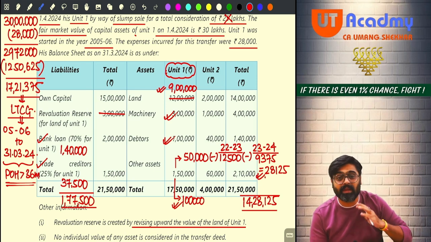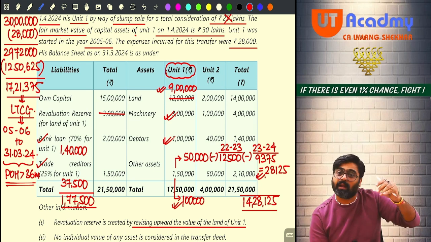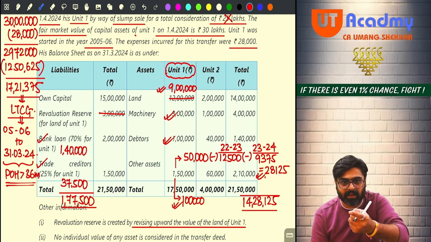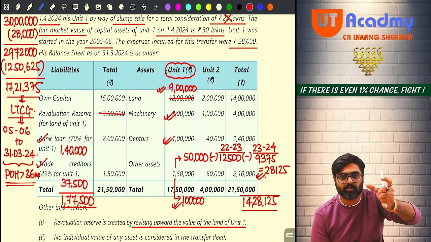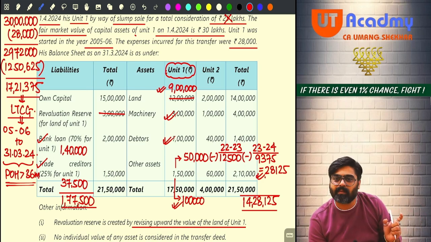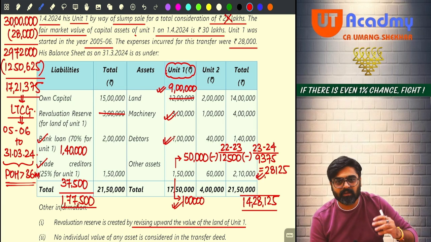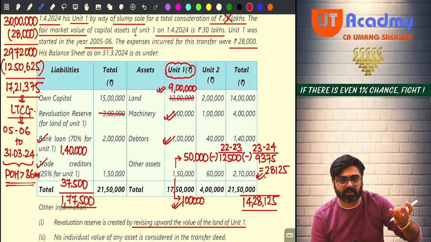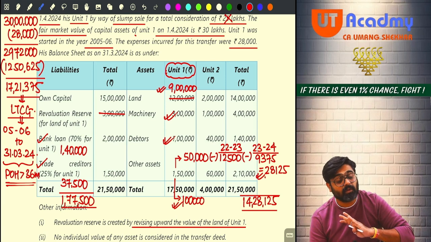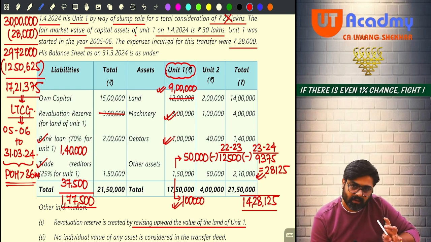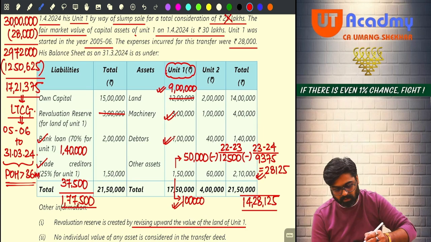That's it. You have to remember what we have studied in 50B, and we have to apply those concepts in the same manner, in this same style, to get the final answer. Getting my point? No question will be difficult. Please don't keep all such sections in options in your exams. If questions on these sections are framed, they are very easy questions and can give you cash marks in the exams. Sure? Should I move ahead? Friends, ready? Okay, no problem.